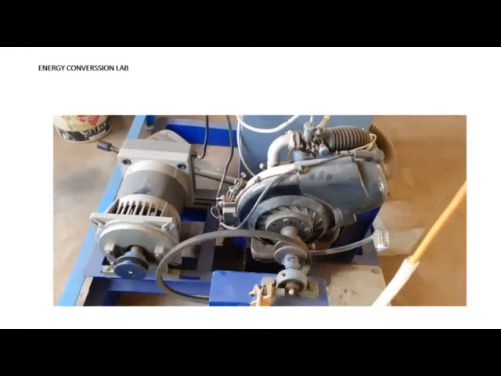So this is the engine part. This is the engine, and this is the generator. The engine and generator are connected with the help of the pulley that you see here. When the engine starts, it drives the generator. The generator produces current, and that current is consumed by the resistance coils. Each resistance coil consists of 200 watts, and we have 10 resistance coils. This is how we are going to load the engine.